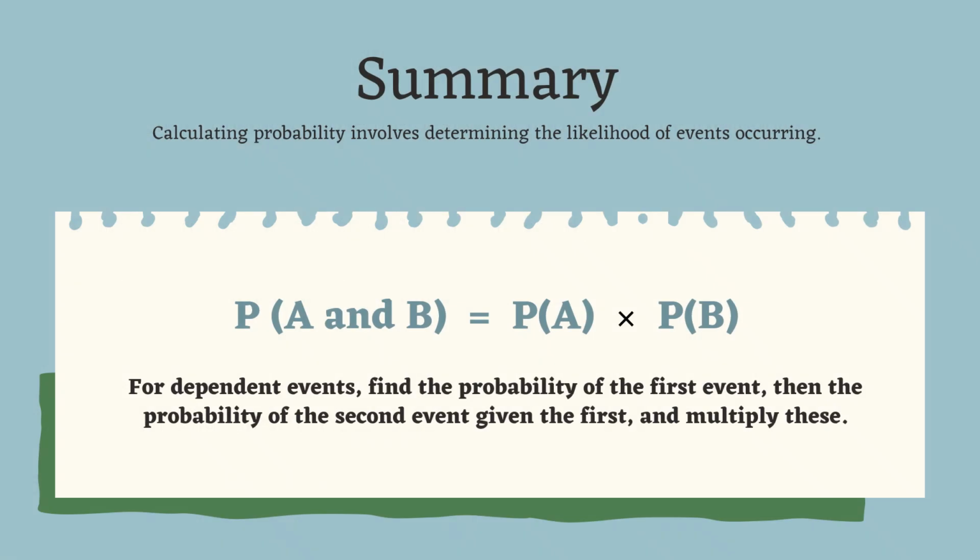Okay, next. So for a summary, calculating probability involves determining the likelihood of events occurring. So for dependent events, find the probability of the first event. Of course, when you do that, you're